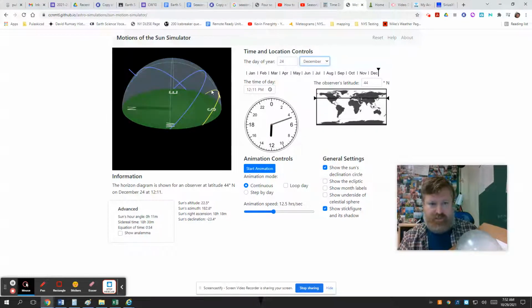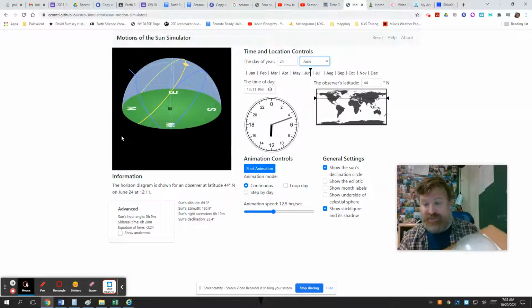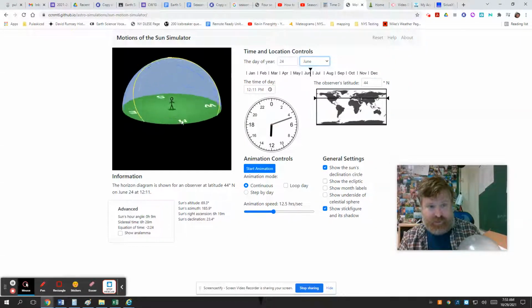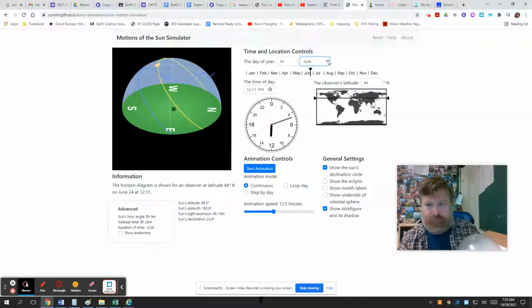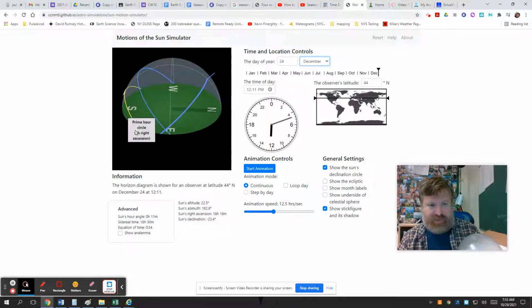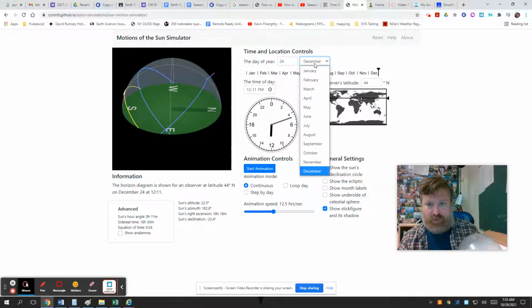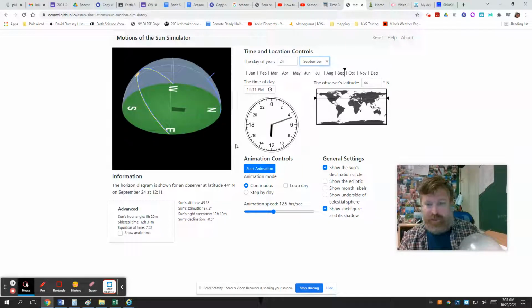All right. So there is the equinox. Go to December. Look how depressingly short that path is. Go to June. Look how big and long that path is. Those are the differences in the seasons right there. And see how the sunrise to the north, sunrise will be over here in the east. The sun rises to the north of east in the summer and to the north of west for the sunset. December is the opposite, to the south, and equinoxes should be right about on the money.